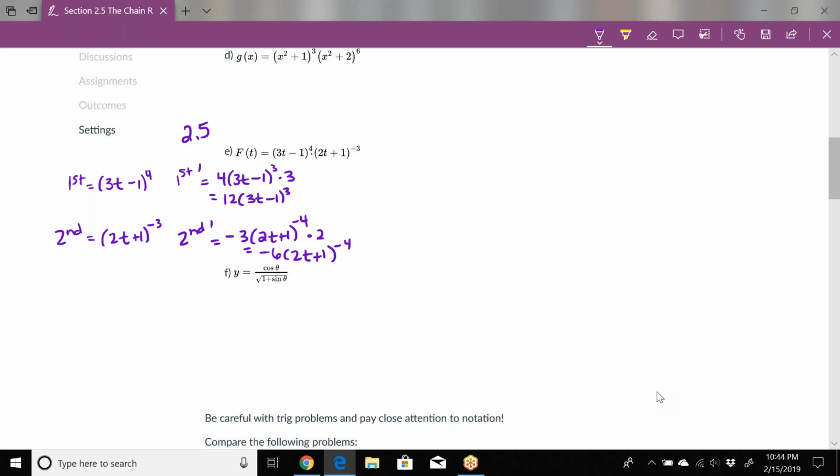So if we go to write our product rule here, we would have big F prime of t is equal to the first times the derivative of the second, and then plus the second function times the derivative of the first,